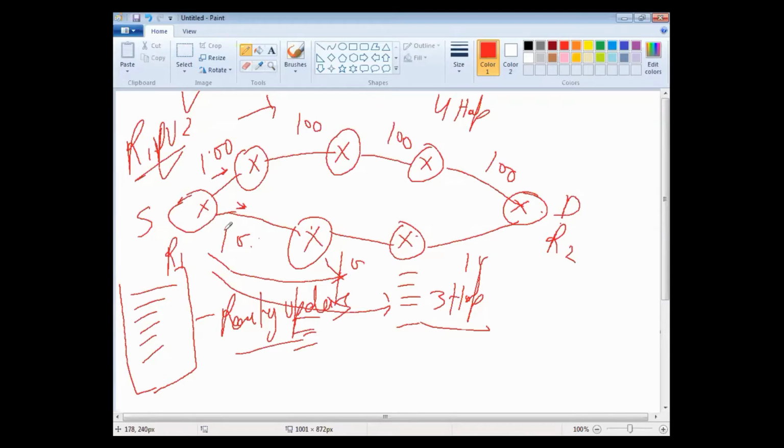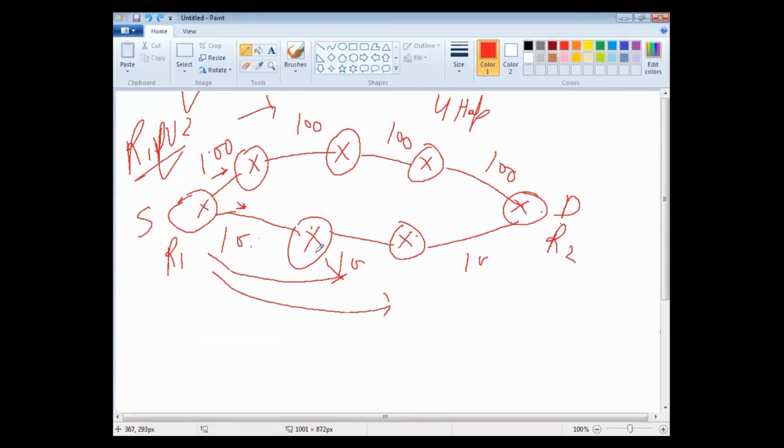So if we have a number of routers like 10 routers, all 10 routers will periodically send all the routing updates again and again to the neighbors, which is choking our bandwidth, taking the CPU cycles, taking the RAM, and that's why our network can be slow if we are running at full throttle. So to remove this kind of problem, and one more thing, you can see that the 100 MB link was not followed because of this RIP.